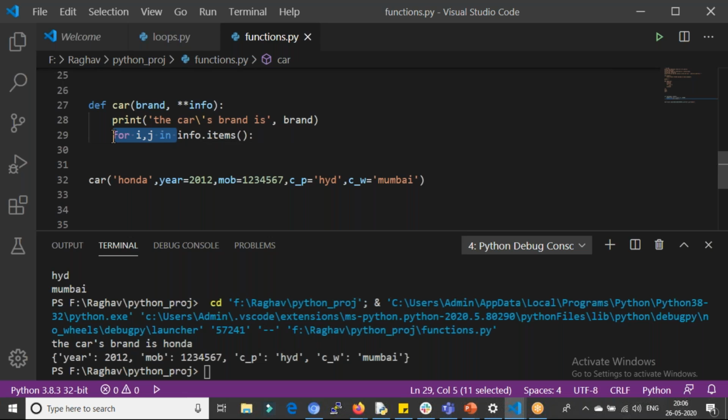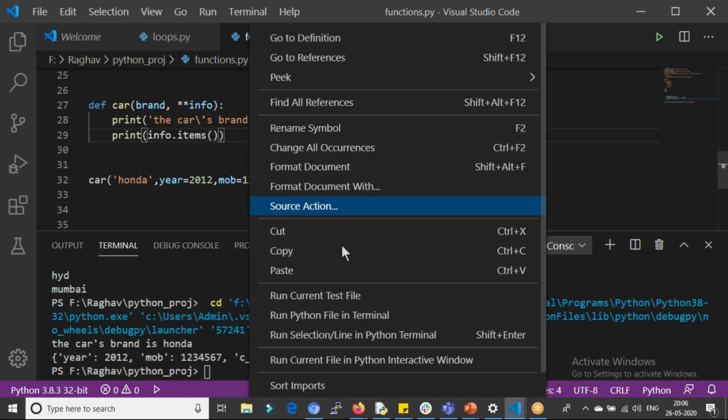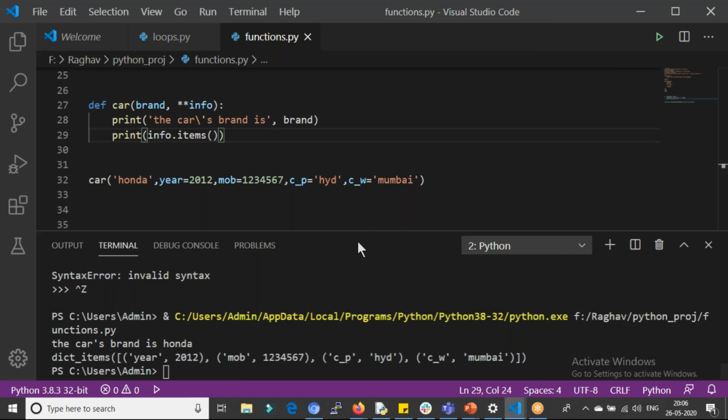Let's say I'll print this. So in items we'll have a list of tuples, and each tuple will have the key and the value. That is how we'll get it when we say dot items.